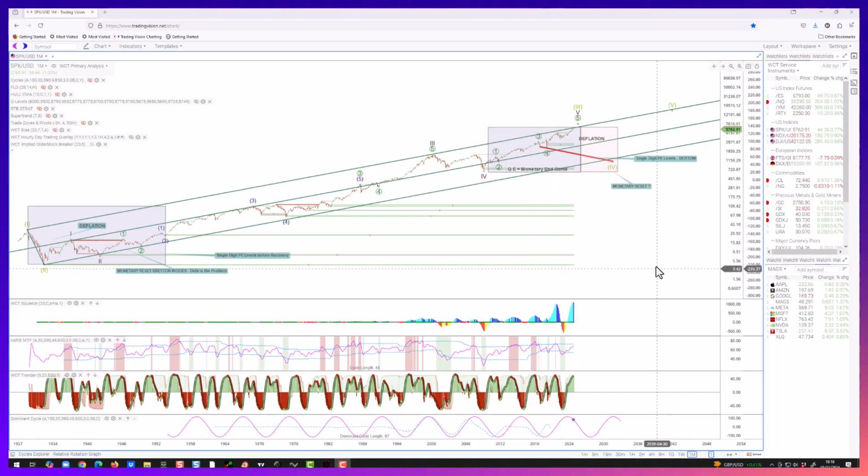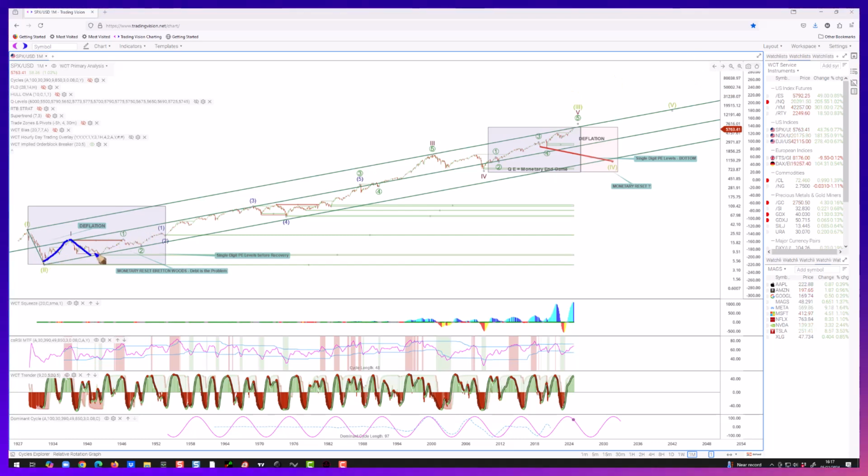Now, this is the long-term monthly chart of that index. And if we go back, there's the 1929 crash, if you will, and the bottom of it. And off that, I think that was a super cycle degree, wave 2 low that we saw. And what we've seen since is all part of a super cycle degree, wave 3. And if that's the case, bear in mind, these are monthly charts, so pretty long-term stuff.